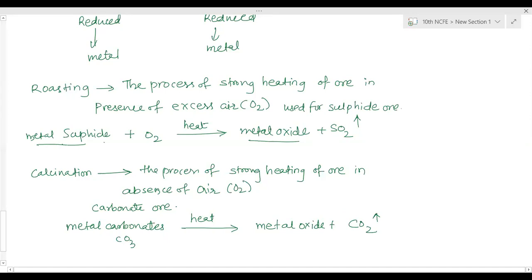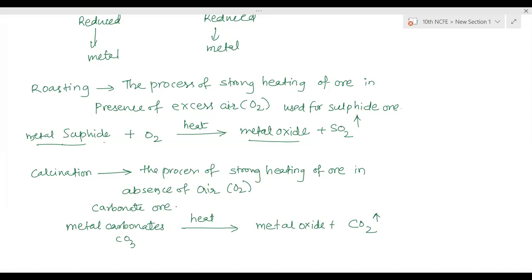Ma'am, yes. Absence of air, in the sense only absence of oxygen, or like a vacuum? Other things are not needed, it means oxygen is not needed. No need to provide oxygen. Here in the roasting case, we have to provide air, so we have to keep passing air in the container where the heating is going on. In calcination it is a closed container. Vacuum is not needed, but we are not providing any extra air for that heating.